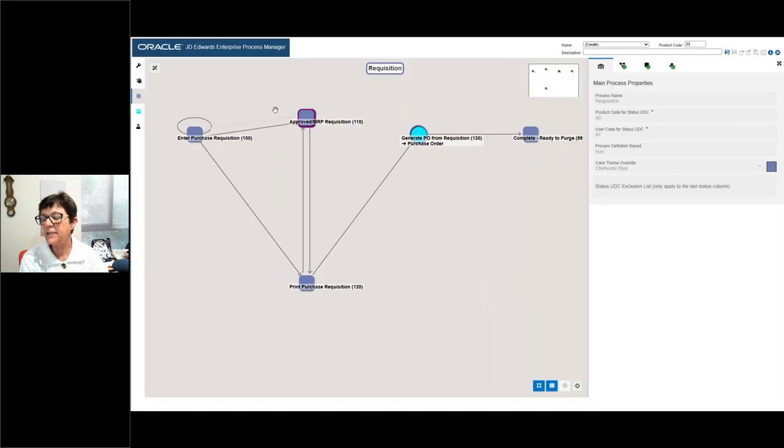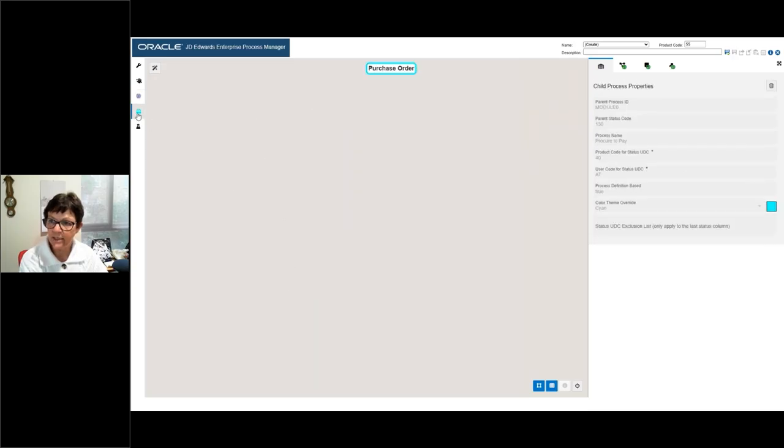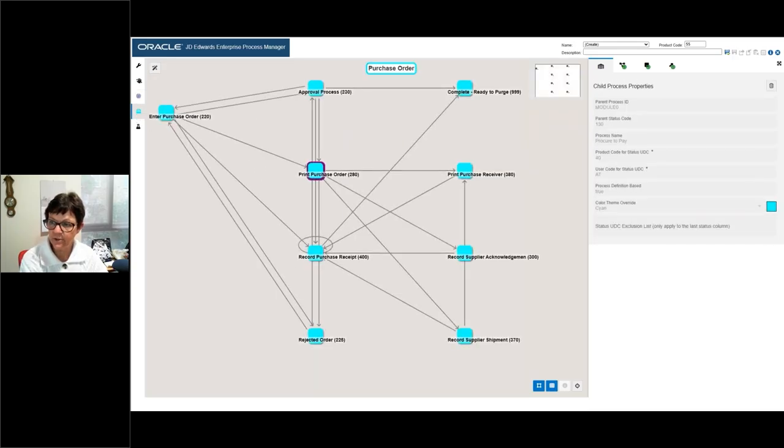Okay, and the same way as you would now tweak the process map for order to cash or for procure to pay, you can do the same with the requisitions. But you'll see here on the left, you can actually toggle between the requisition flow and the order flow. So you can map both of them and tweak them to suit what you need. And the end result